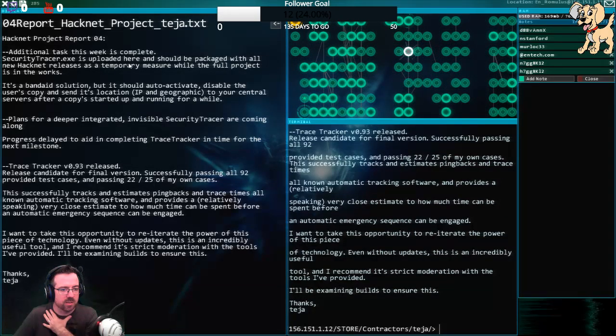SecurityTracker.exe is uploaded here and should be packaged with all new Hacknet releases as a temporary measure while the full project is ready and when it works. It's a band-aid solution, but it should auto-activate, disable the user's copy and send the location IP and geographic to your central server after the copy starts running for a while. Plans for deep integration. Okay, well,